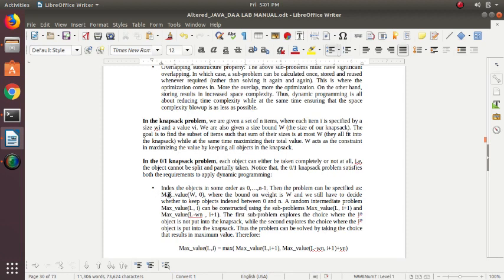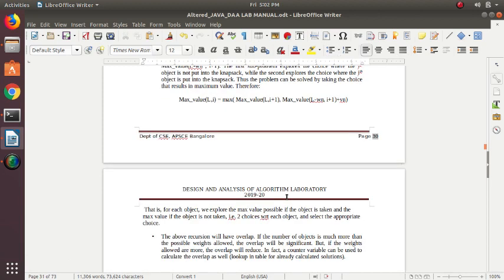We are given a maximum weight W, and we still have to decide whether to keep each object. Any intermediate problem's maximum value can be constructed using subproblems. That's what I said: the subproblem structure also should be applicable in order to use dynamic programming.